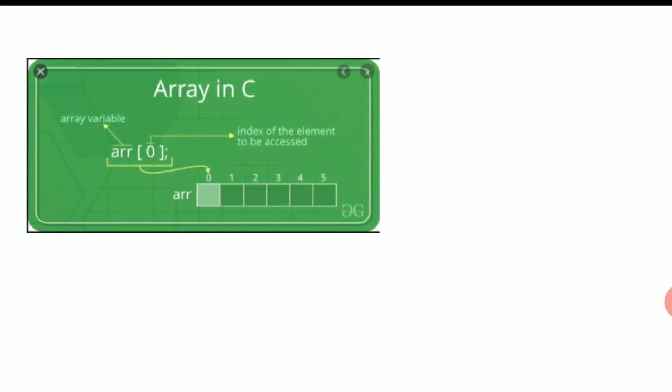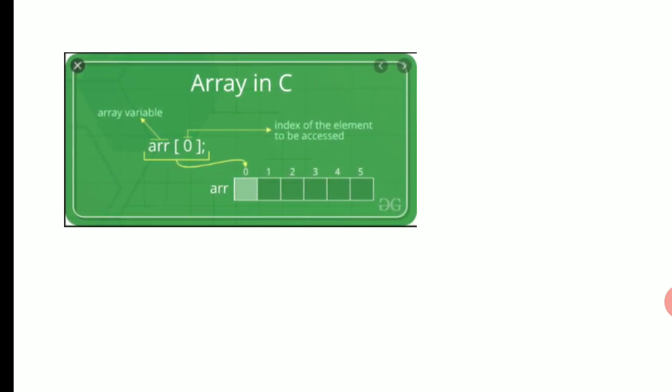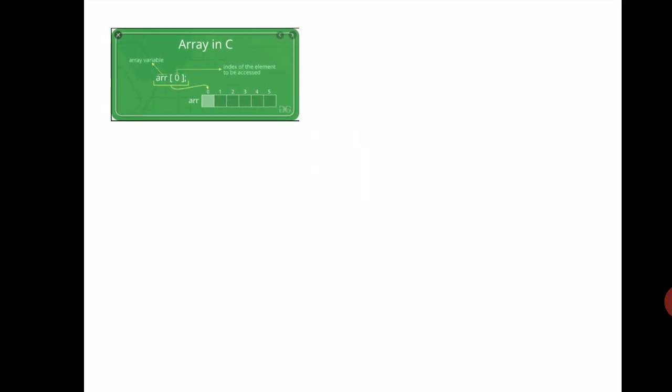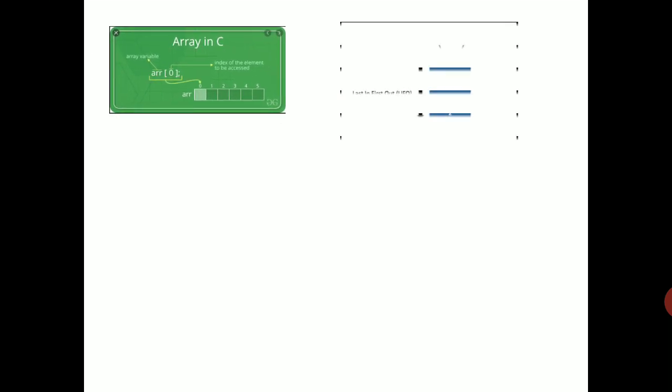We'll see how an array looks here. This is an array in C language, which we have seen in the first year. The first index is 0, then we proceed 1, 2, 3, 4, 5. The size of the array is 6, because the first index is 0. A of 0, A of 1, A of 2, A of 3, A of 4, A of 5. Like this we read it. The size of this array is 6. We are just showing some images of how an array actually looks.